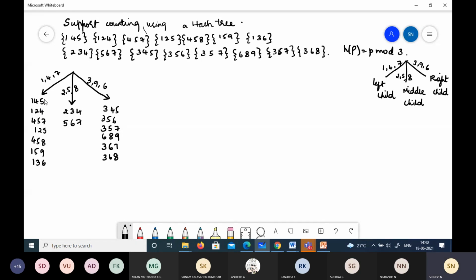Okay, to divide it in the next level, we will consider the second digit, fine, and find out to which branch they belong. Okay, so let me write down the second step now. And here for this branch, the middle child, it's not a problem because we have only 2 candidate item sets and this is fine. Whereas here we have 6 and here we have 7, which means that we further have to split it and divide among the left, middle and right child, right? So we'll do that in the next step.